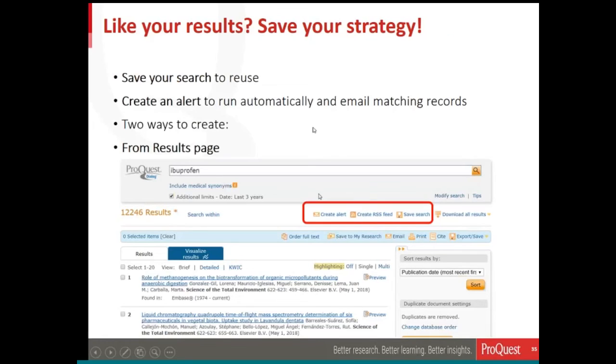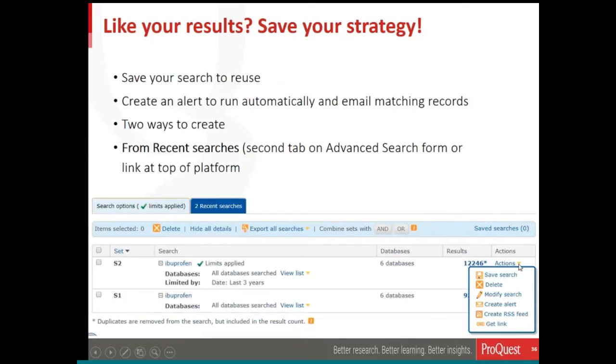So at the results page, right above the results, there is an opportunity to create an alert, save my search, or create an RSS feed. This is where you'll find that opportunity. That's one place to do it, but there's actually a second place that you can take advantage of those features. If you are on the advanced search form, there is a second tab, which is the recent searches tab, or up above on any page that you're on in the platform, at the very top there is a